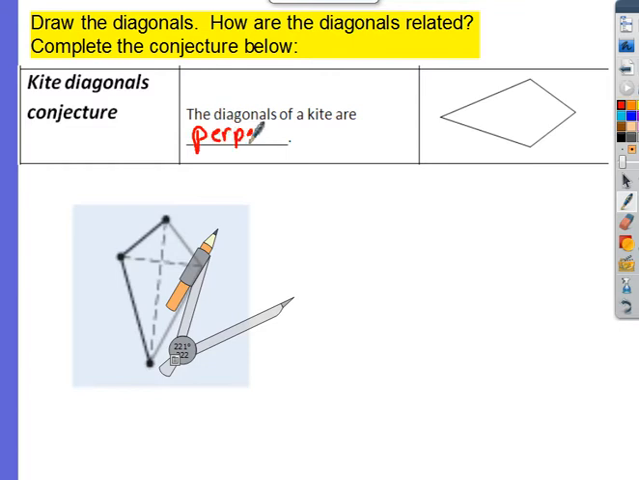Please write this in your notes. Diagonals of a kite are perpendicular. Make sure you have the drawing in there. And I'll even do that in a different color. They are perpendicular, 90 degrees. Pause that if you need to